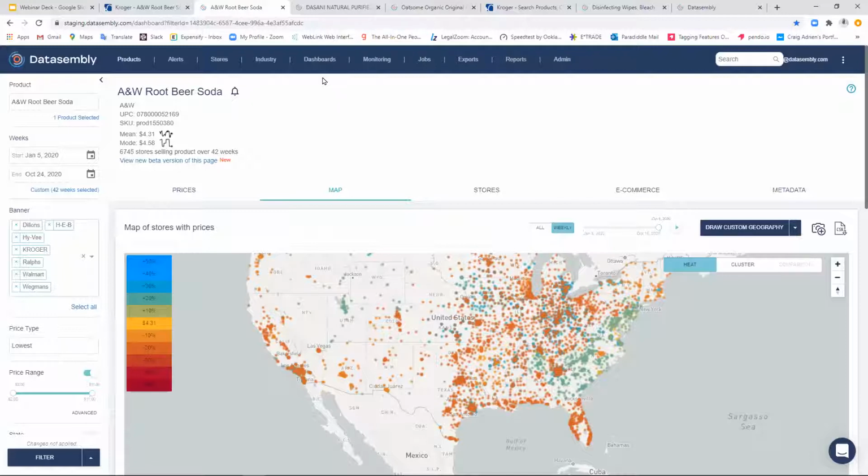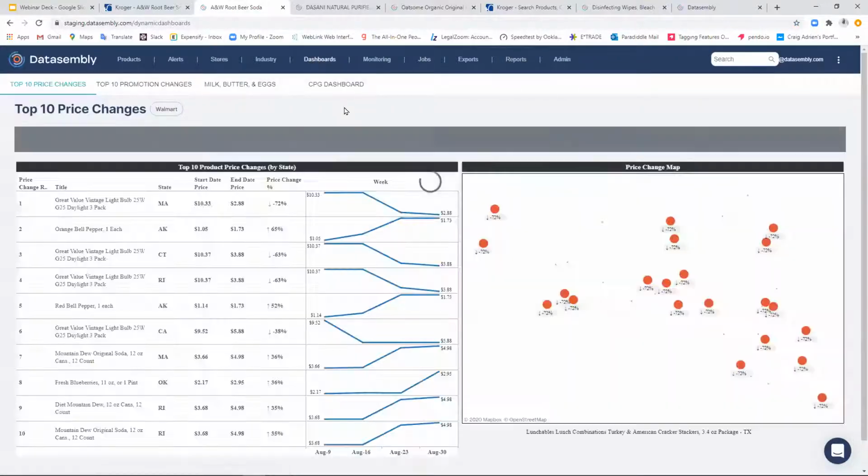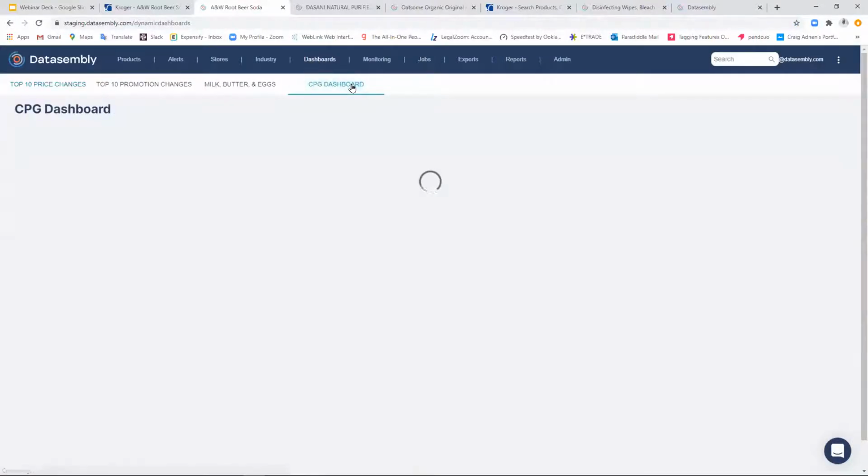Now I want to shift a little bit and talk more about what you can do with this data from an analysis standpoint, right? And as we think about that and that visualization, I start to think about dashboards. What is Datasembly making available to you to really help you understand what's happening with your product offerings at these different locations? As we think about those dashboards, the first one I'm going to jump into is